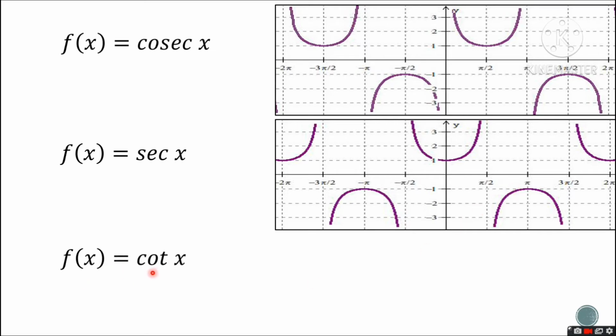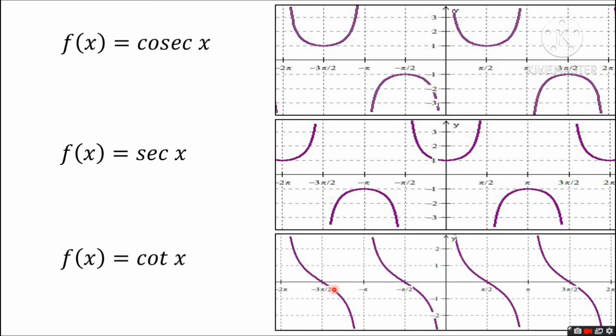Next one, f(x) equal to cot x. This is the graph for f(x) equal to cot x. When x is 0, it is going towards infinity, right? Now all these are many-one types, so we want to restrict the domain so that we will have a one-one function. So we restrict the domain to the closed interval minus pi by 2 to pi by 2